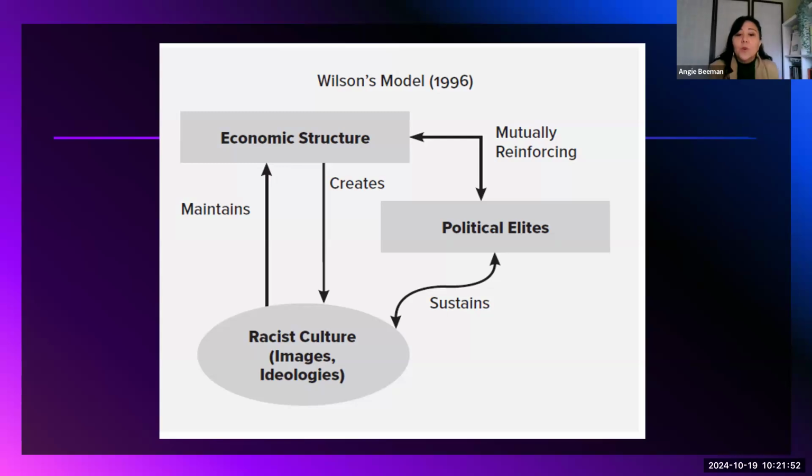However, because he is drawing on Marxist economic theory, Carter Wilson does put the economic structure at the top of his model as a central piece of the model. That, he argues, is what causes all of this. The racist culture comes out of the oppressive economic structure. The racist culture then helps to reinforce the economic structure, but it is the mode of production in place, in this case, in the piece of the chapter that you read, slavery, that produces and creates the racism,